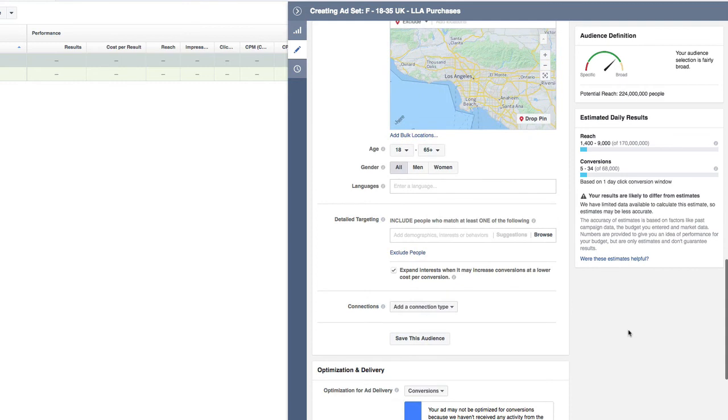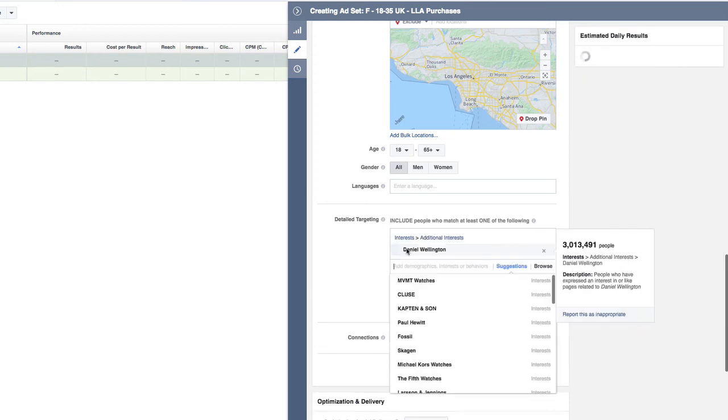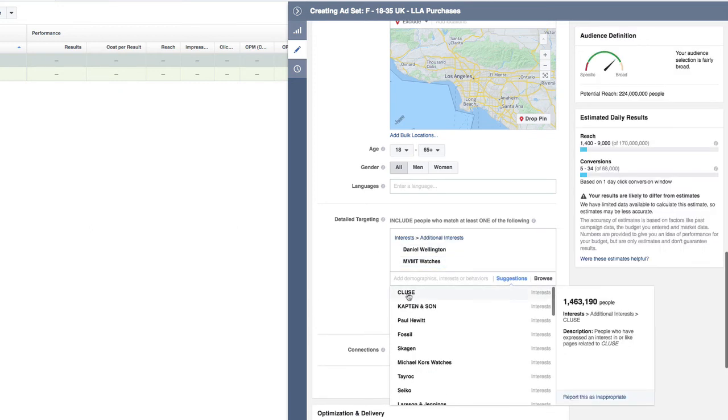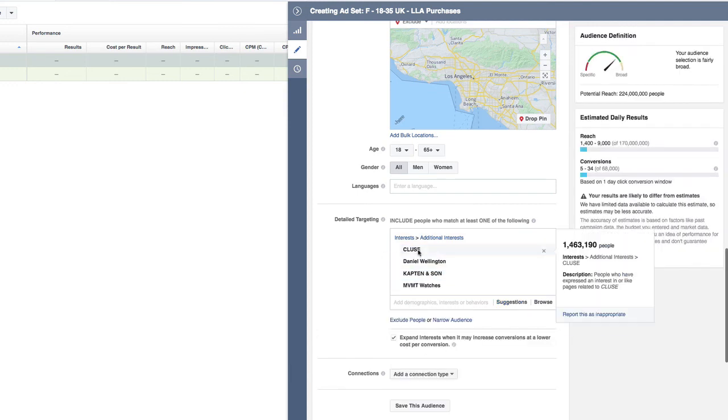So let's just say I've just created a new watch in my e-commerce store, and I want to target people who are liking watches. So let's just say, for example, what you can do in here is you can type in different interests. So I'm typing in a different watch brand here, Daniel Wellington, which is a watch brand. So what I can do is I can now target these different brands here, and this will now give me interest. So I can target these people here,